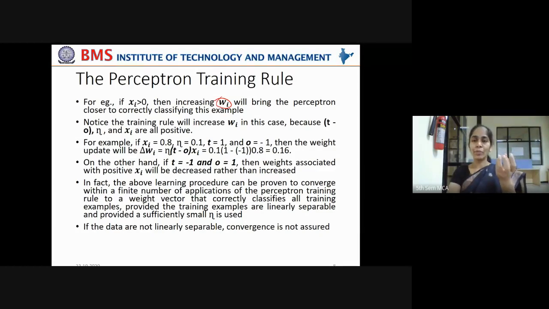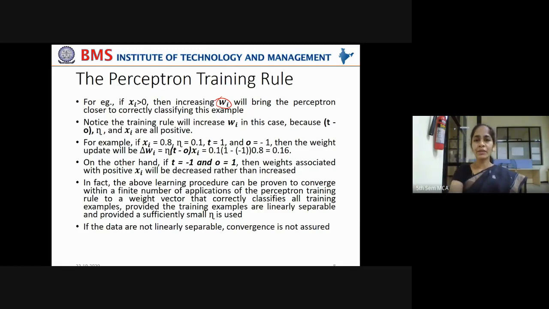Say there is a positive input value. Now you increase the weight associated with it. Obviously, it will contribute to the calculation output being greater than 0 if you increase the weight, and that will make the perceptron correctly classify it as +1 instead of -1.